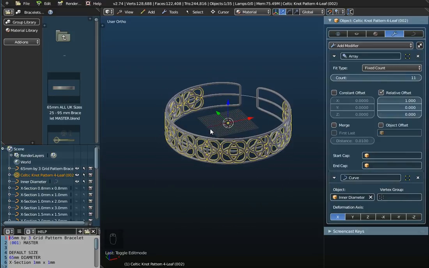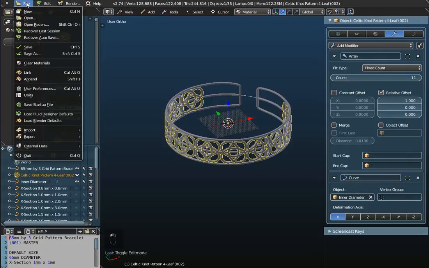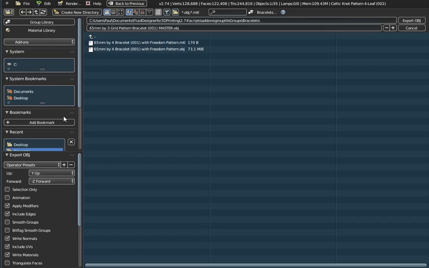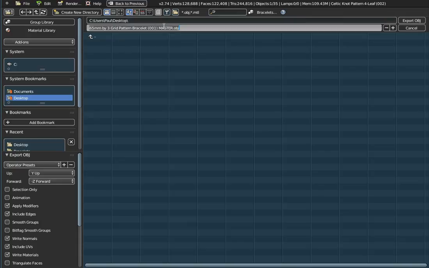Okay, so all you need to do now is to go to File and Export it as a Wavefront object to the desktop. So it's a 65mm by 3-grid pattern with a Celtic knot